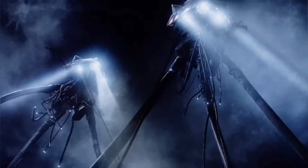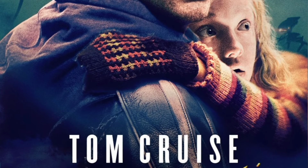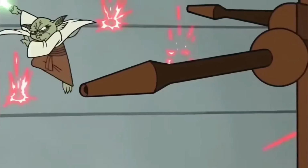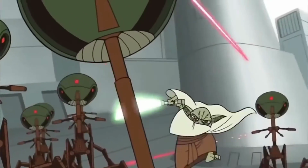And there's also the possible connection that these droids were designed as a reference to War of the Worlds, a movie that also came out in 2005, and would make sense as it was directed by Spielberg, who is the friend of Lucas. My last random fact is that, in case you didn't realize from the clips I've shown, the